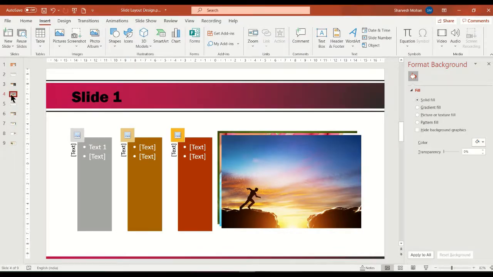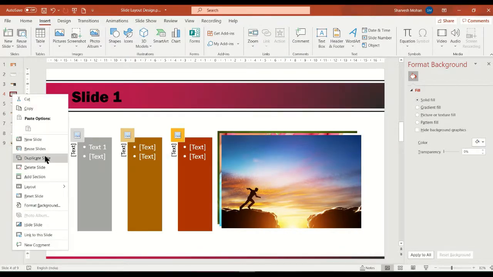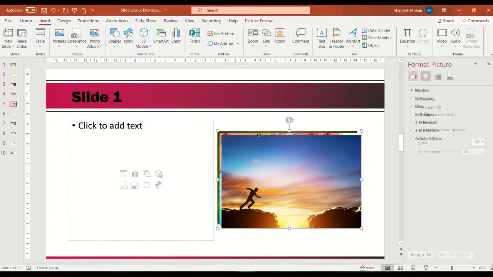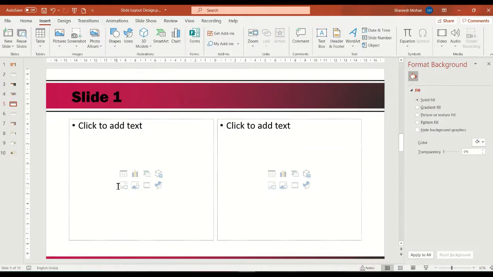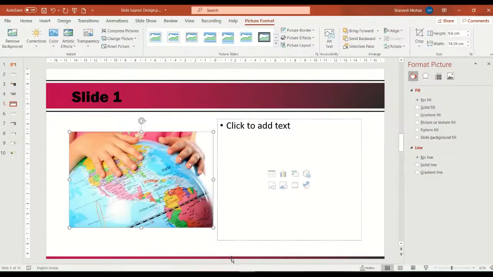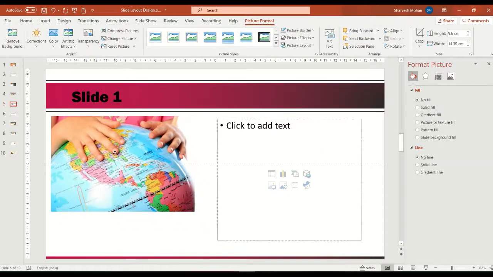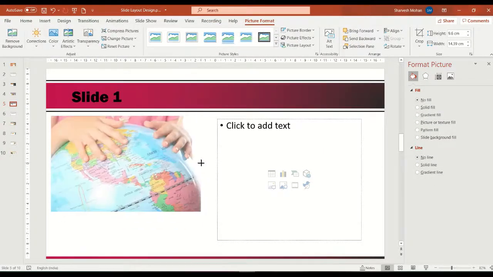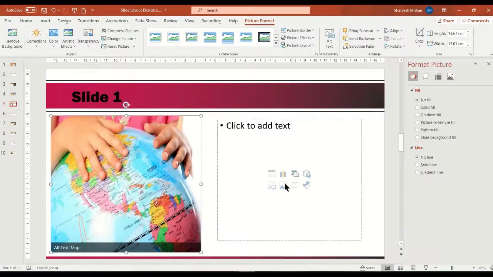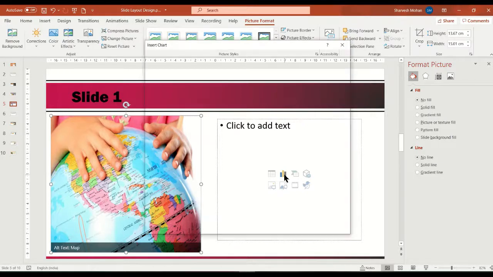Okay, let's duplicate the slide again. Let's delete the contents. This time we'll add a picture here. We can put it here. And we'll here insert a chart.